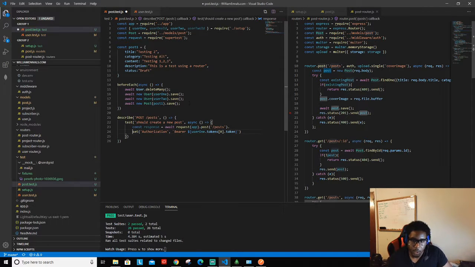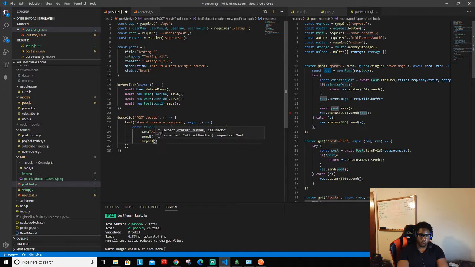And then we have, oh, I wanted to keep that dot with this. I wish I had something for this, but I'll take it back. We'll go one in just so we know that we want a line in for these dots. I think this will work. So I'm just gonna leave it like that, and then I'll do dot send. I don't think I actually have to send this, but I'm just doing it for consistency. And then now we have to do dot expect, and this is where we're gonna get our